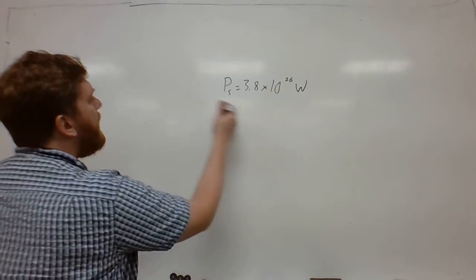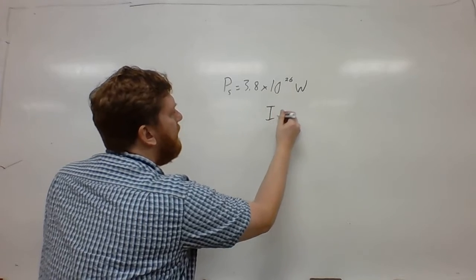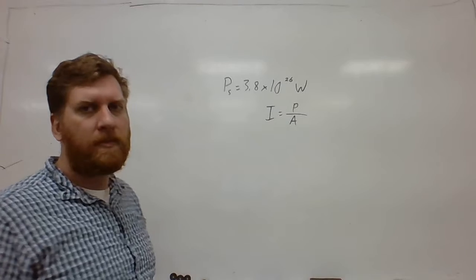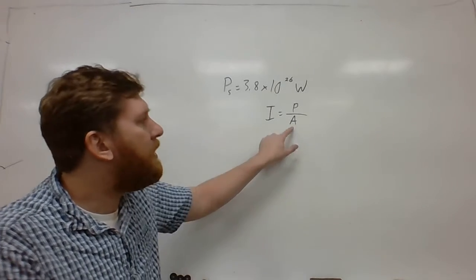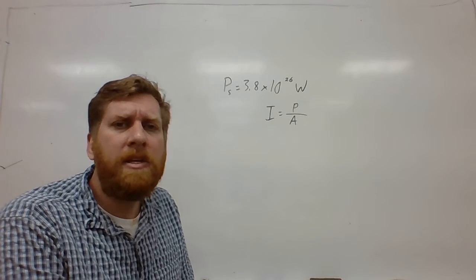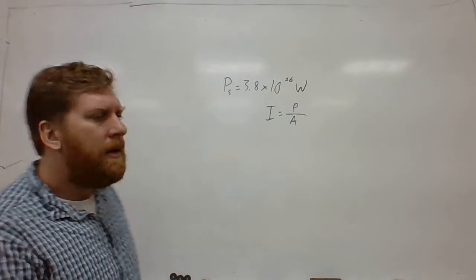Okay, so we're looking for intensity. We have an equation for intensity, and that's equal to power over area. This is specifically a surface area in this case. Let's try to visualize what this question is asking, though. The sun